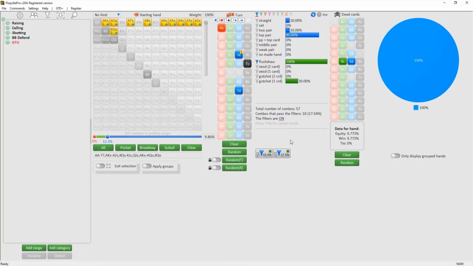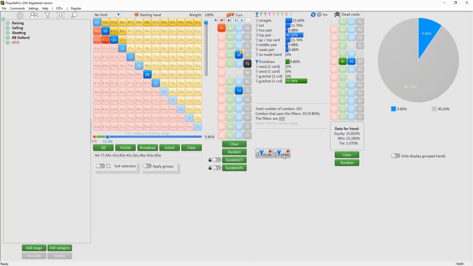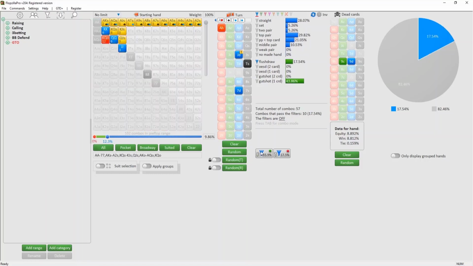Oh, I know why, of course. Of course, I know why, yeah. So it's interesting that I make this mistake myself, because it will happen to lots of other people. So in the filters here on the flop, I said he's not going to bet his top pairs, right? But again, one hand can be part of more than one category. So